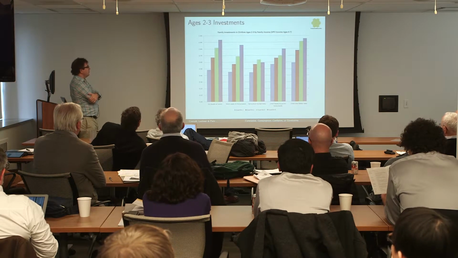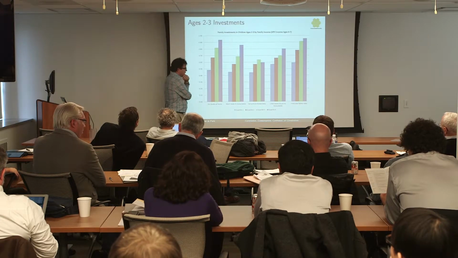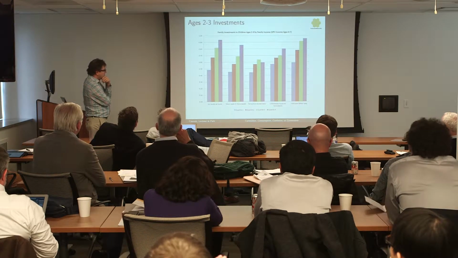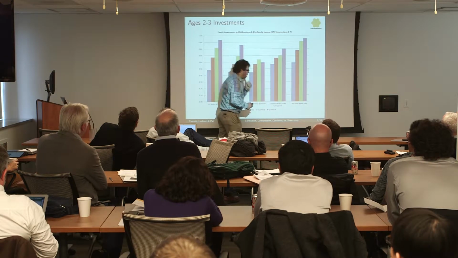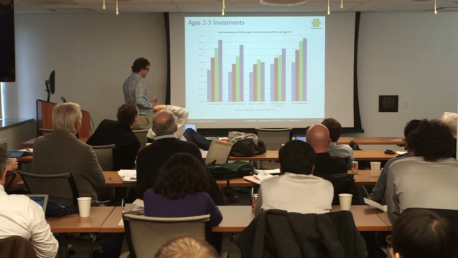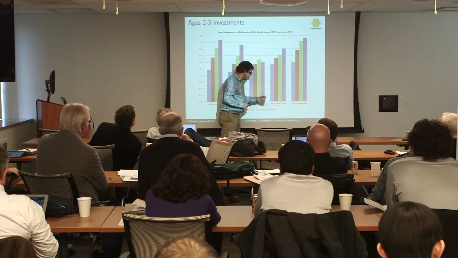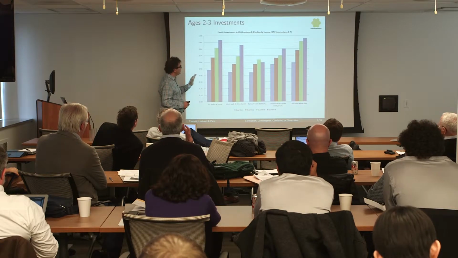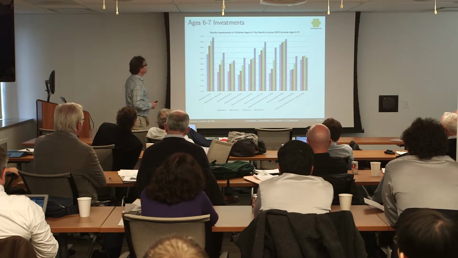This shows you, from the same data, again breaking people up by income quartiles, a number of different measures of investments. If you know Jim's work with Flavio, these are the kinds of measures that go into the factor score that they create. And I'll show you something about those factor scores in a minute as well. You can see across the board, whether the family has lots of books in the house, whether the mom reads regularly to the child, whether the kid eats with their parents at least once a day, whether the child leaves the house, whatever measure you look at, high-income families are doing more of it than low-income families. That's at ages 2 and 3.